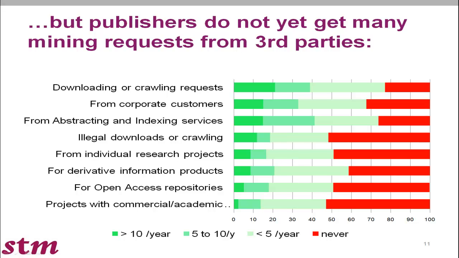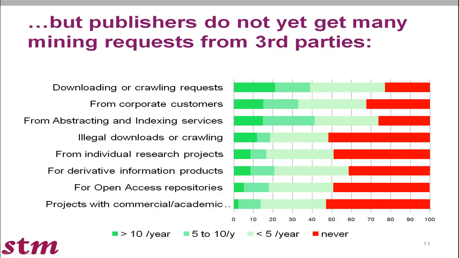So all the optimism is there, and on the other hand, publishers so far do not yet get many mining requests from third parties. This graph shows you the frequency of requests that they get in, varying from downloading or crawling requests to also illegal downloads or crawling, individual research project requests, etc., etc. Overall, you can see